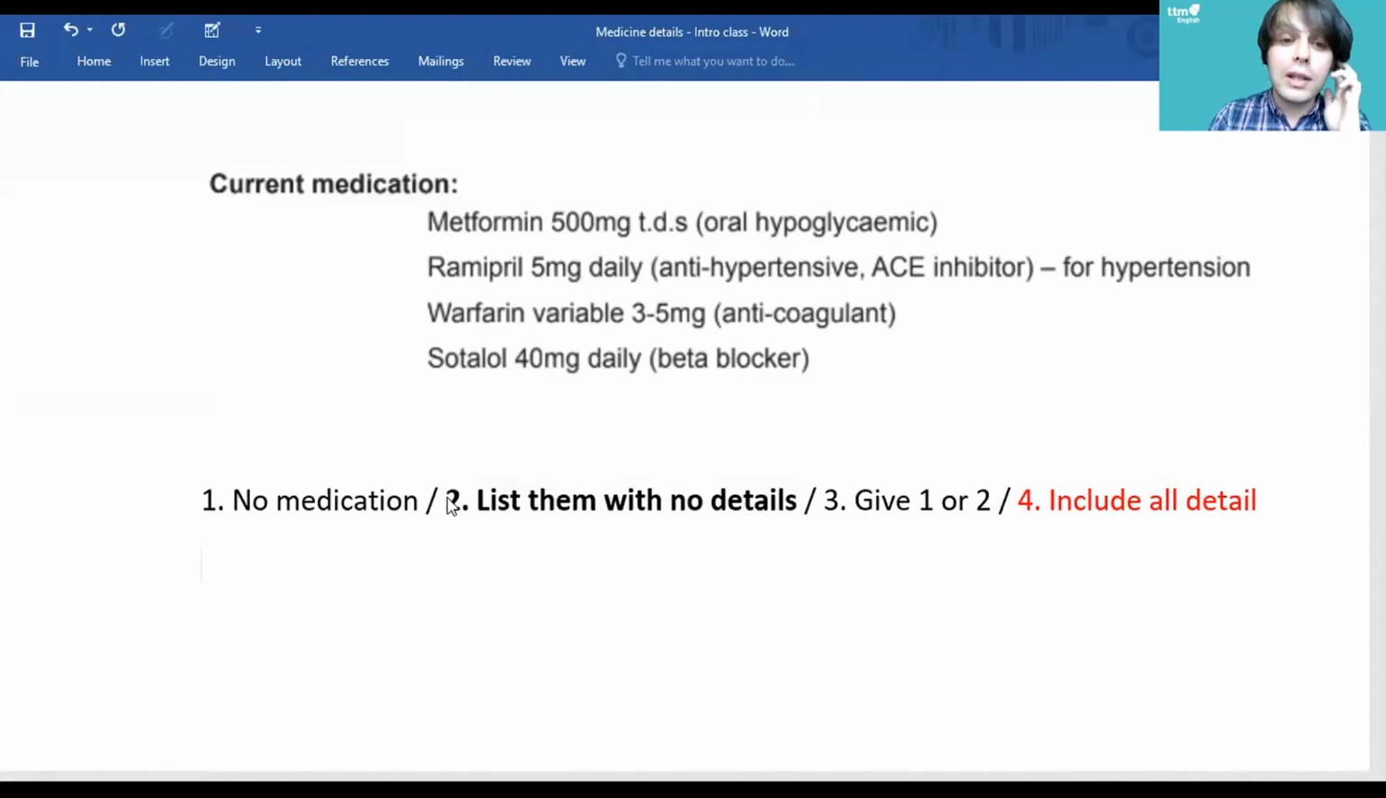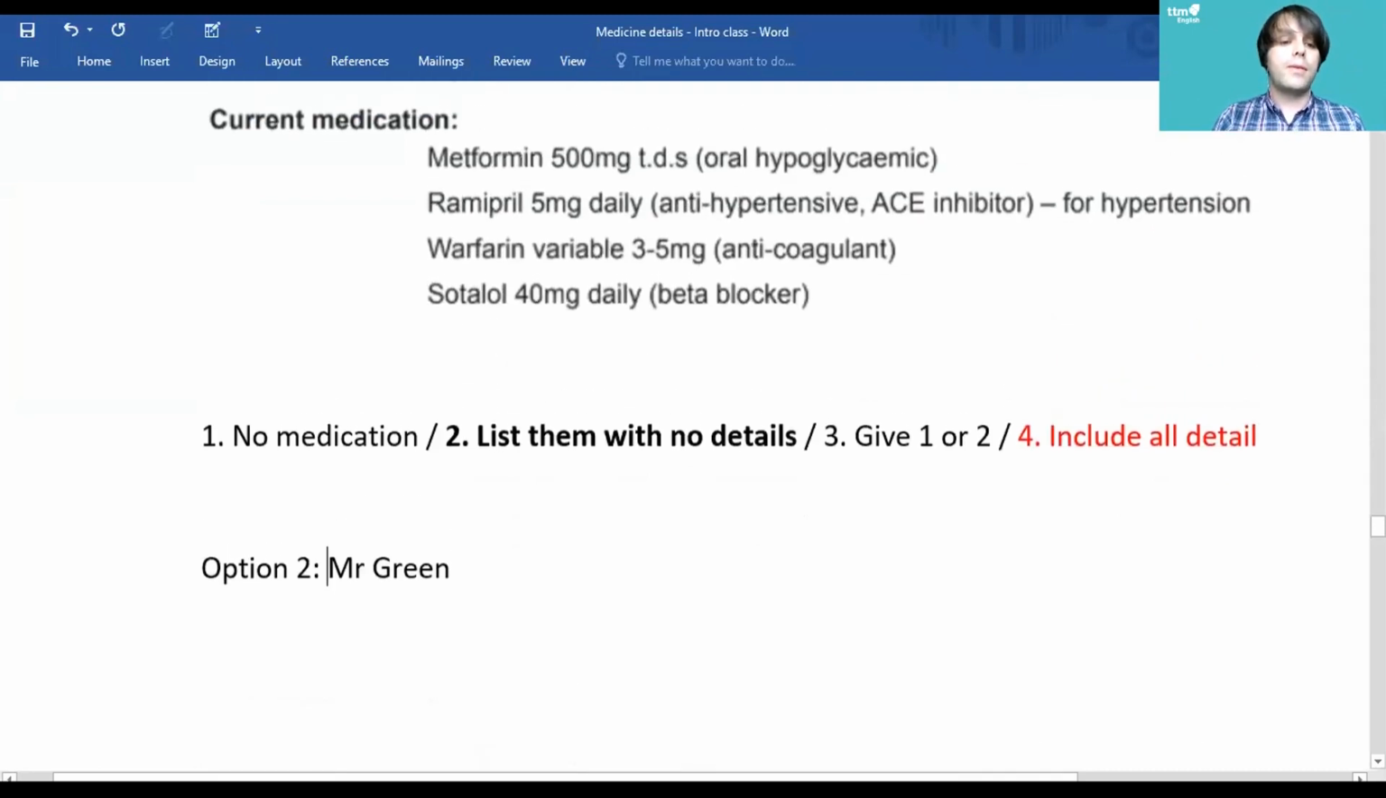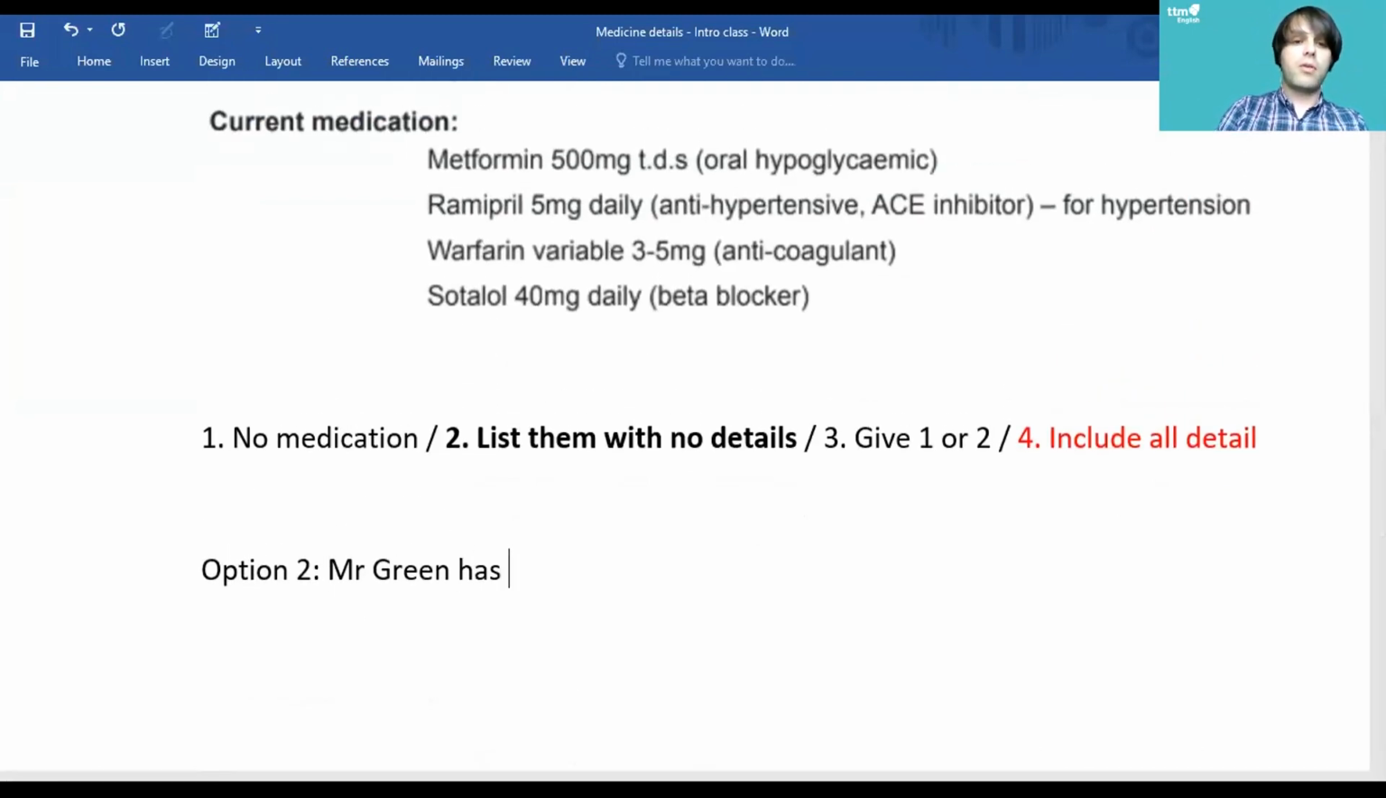So imagine you just want to list metformin, ramipril, warfarin, and sotalol. No dosages, no schedules. What would you say, Mr. Green? Yeah. It's been prescribed. So we'll get Shiva to do it. Mr. Green has been prescribed, or let's just say is taking, is currently taking. Shiva? Taking is fine. Metformin? Yes, sir. Currently taking metformin,